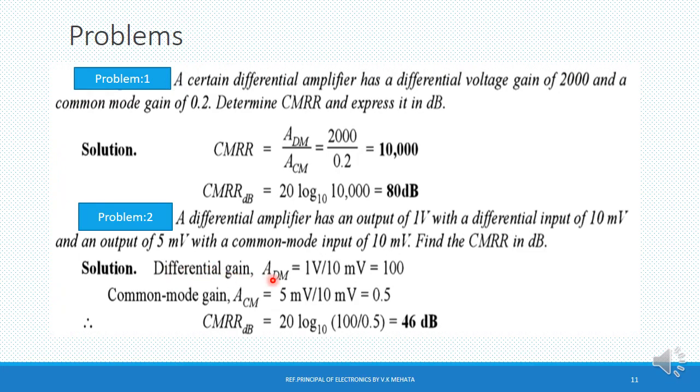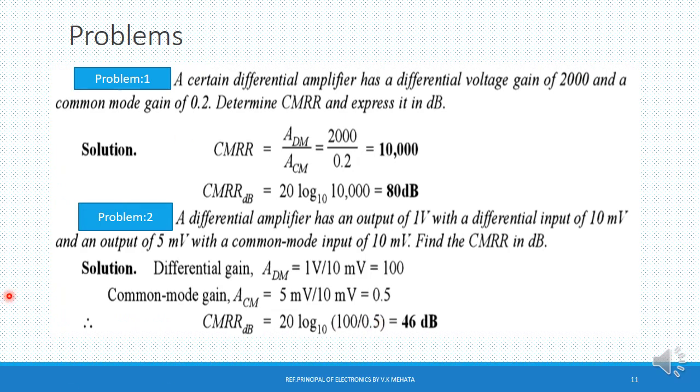Differential gain is not given directly, so you just divide and you are going to get 100. Similarly, ACM is equal to 5 mV divided by 10 mV, that is 0.5, the common mode voltage gain. Find out the CMRR in dB, that is 20 log of 100 divided by 0.5,